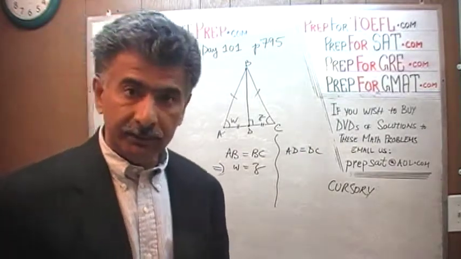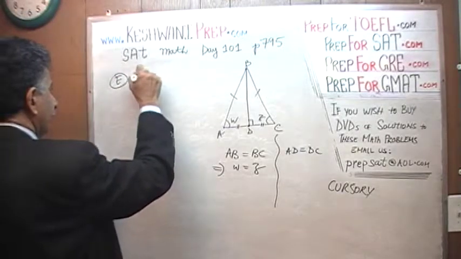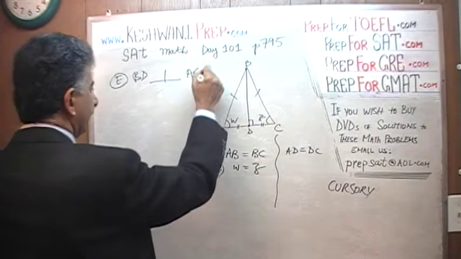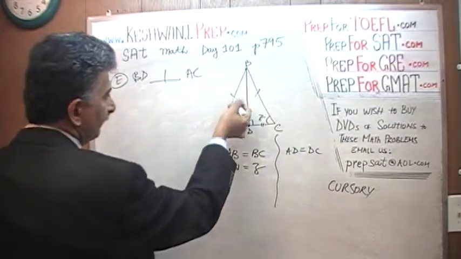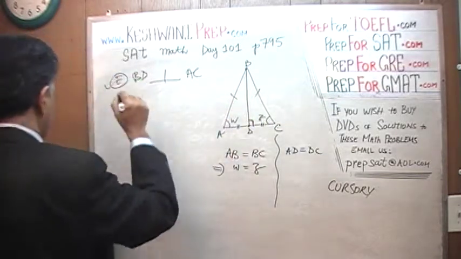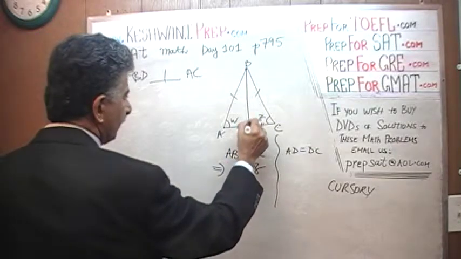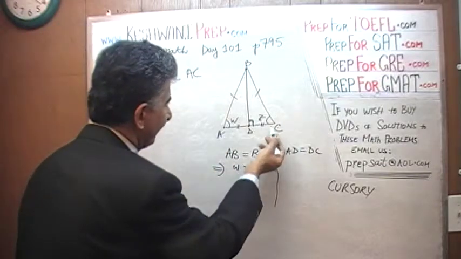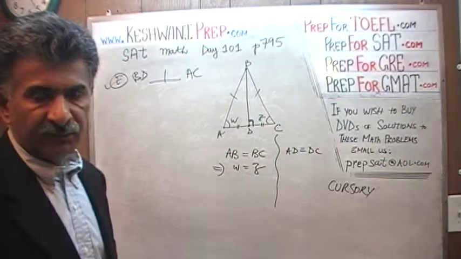We're going to start with answer choice E. E says BD is perpendicular to AC, which is true because it just bisects it. These two sides are equal to each other. It comes down straight. It's a 90 degree. Even though they do not give you this symbol here, we know it's 90 degree because it comes straight down because of the fact that it bisects A to C and AB is equal to BC. So if it's an isosceles triangle,